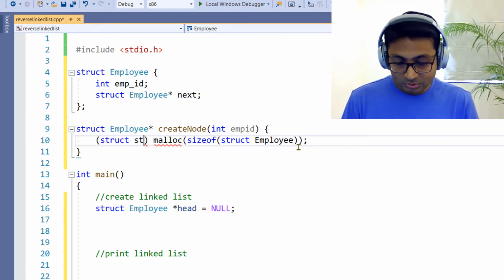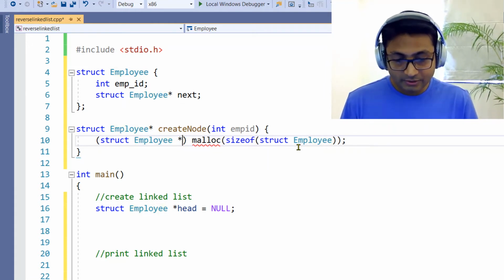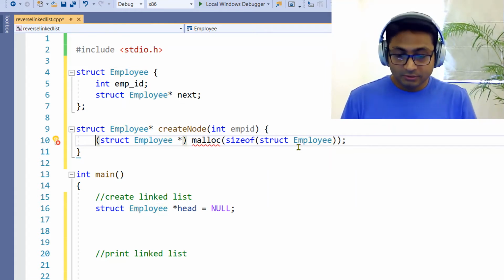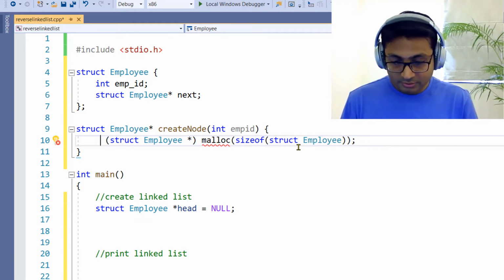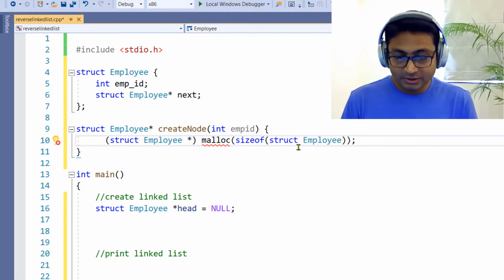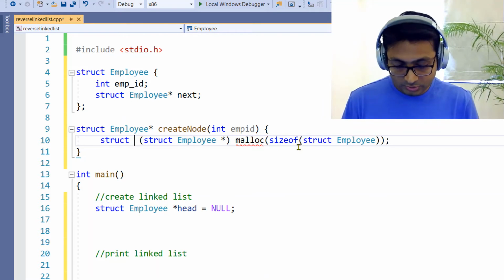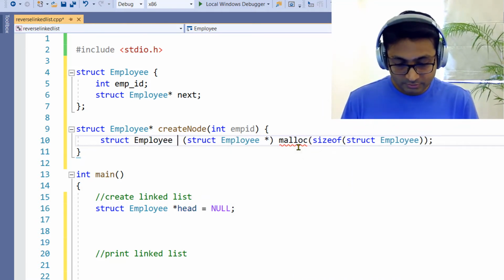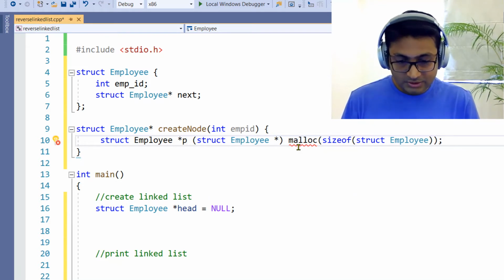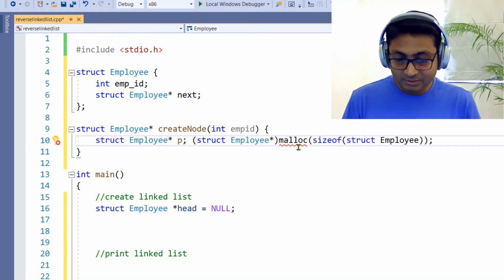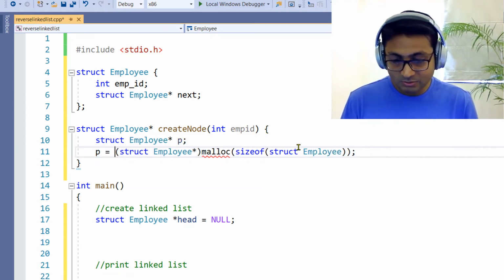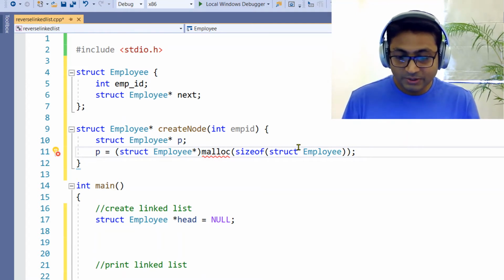So again, I'm going to say struct employee star, and where we need to store, we need to have one pointer, isn't it? So struct employee star p is equal to, otherwise you can just declare p and say p is equal to this particular statement.